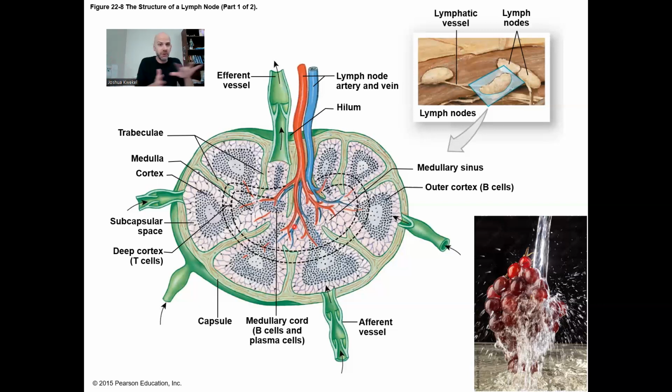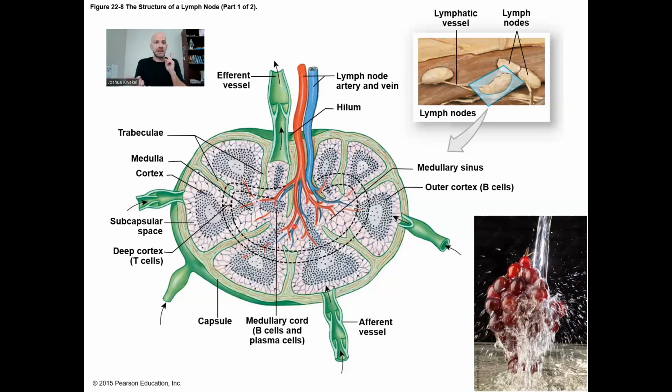Now, the flowing stream that's flowing past the cluster of grapes is like the lymph. The lymph is continuously flowing past the B cells and T cells. And because the B cells and T cells are attached by these stems of reticular fibers, they don't wash away with them. So the lymph flows past them, and therefore they're exposed to anything that is contained in the